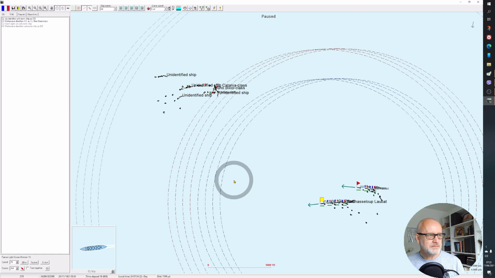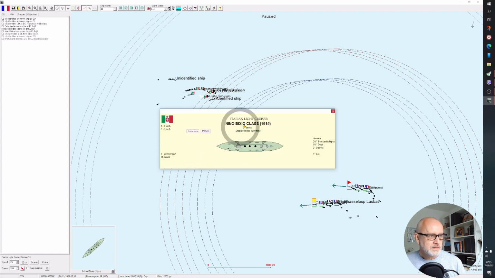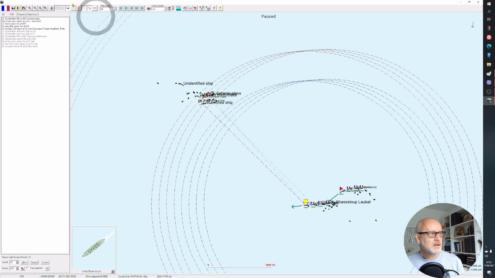Obviously, we've opened fire. This is 27 knots, still 2 knots faster than us, but 8 6-inch guns. Yes, it's a bit of a monster for a light cruiser of this era. I'm hoping that we will